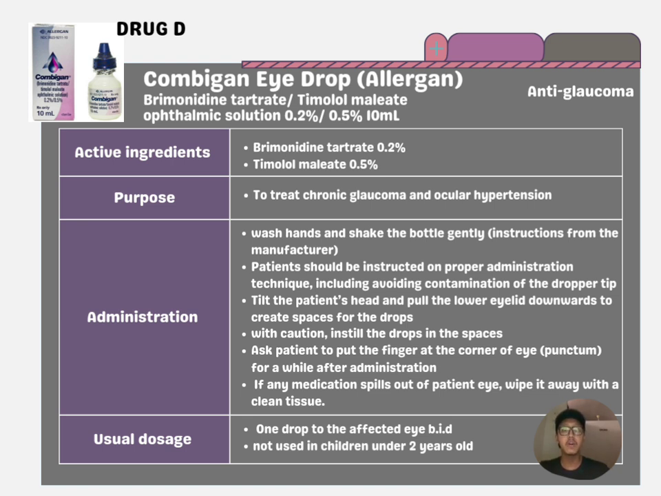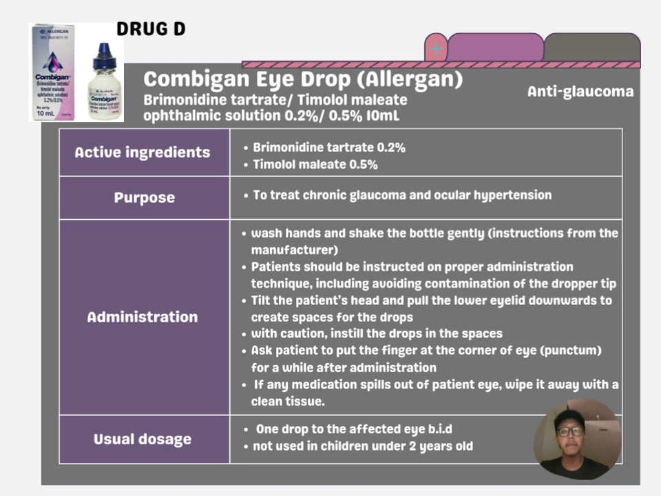How is Combigan administered? Firstly, the patient needs to wash hands with soap and water to avoid contamination and shake the bottle gently before use. If the patient wears contact lenses, remove them before applying the drops. Contact lenses can usually be reinserted 15 minutes after using the medication. Then, the examiner gives some instruction on a proper administration technique to the patient, including avoiding contamination of the dropper